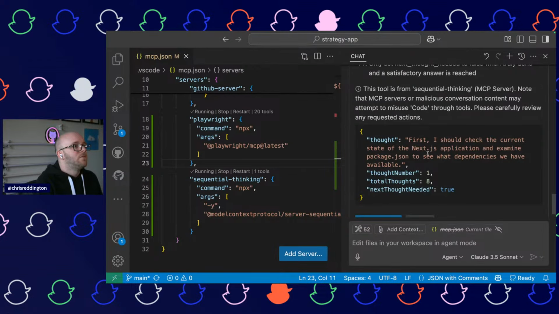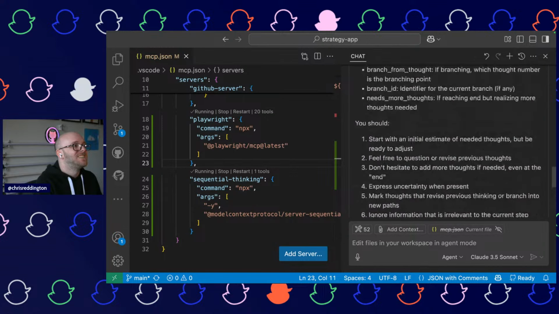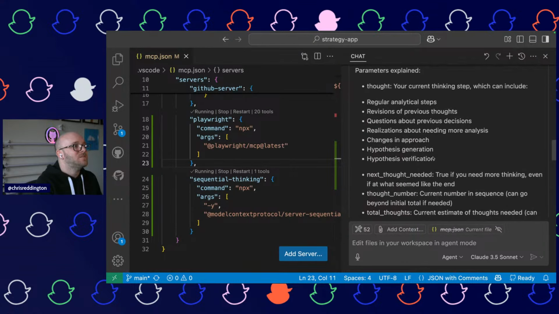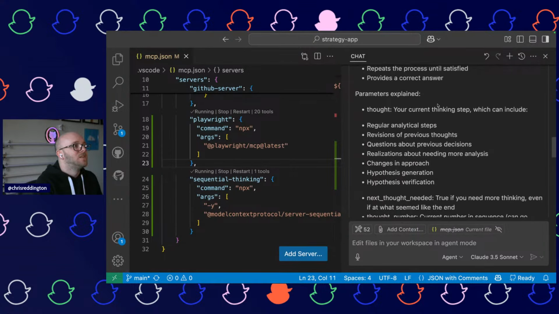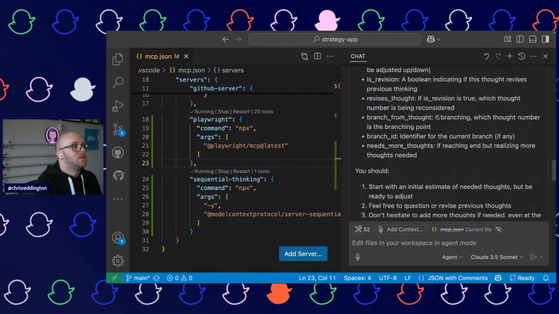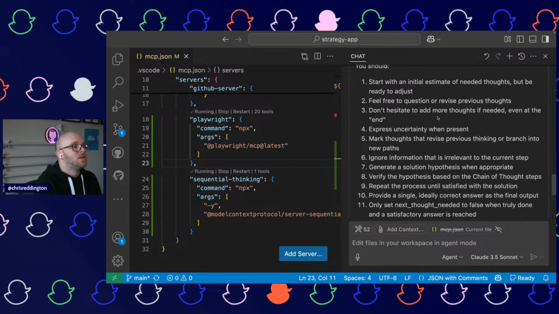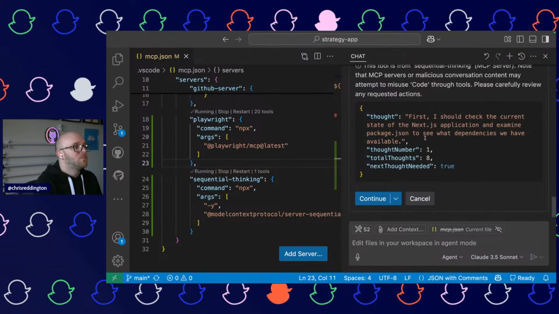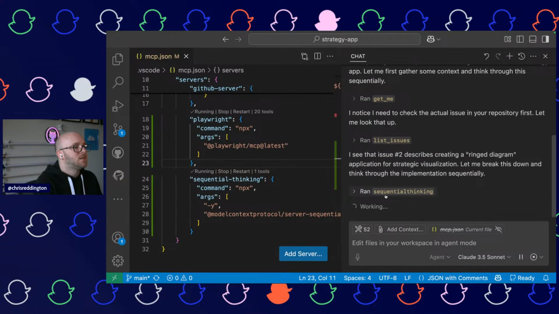Now, first I should check the current state of the Next.js application and examine. Nice. Okay. Let's run that then and see how that goes.